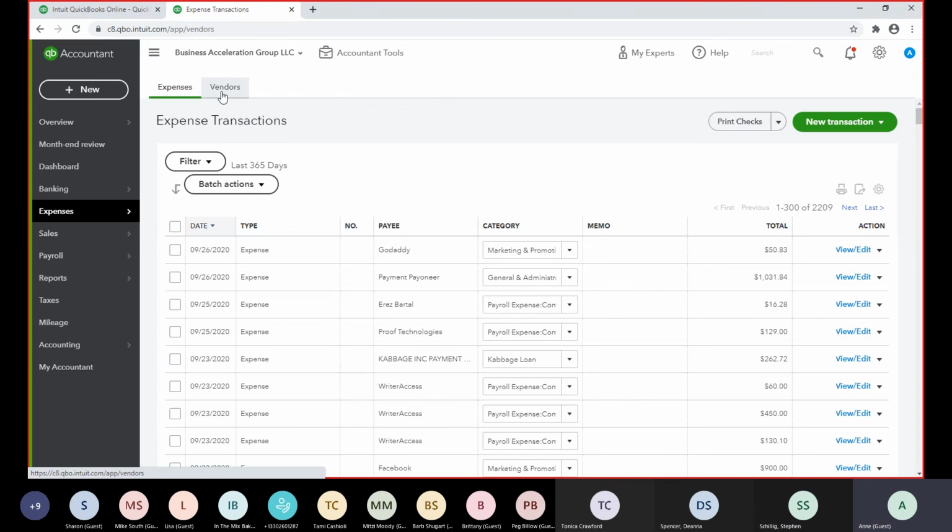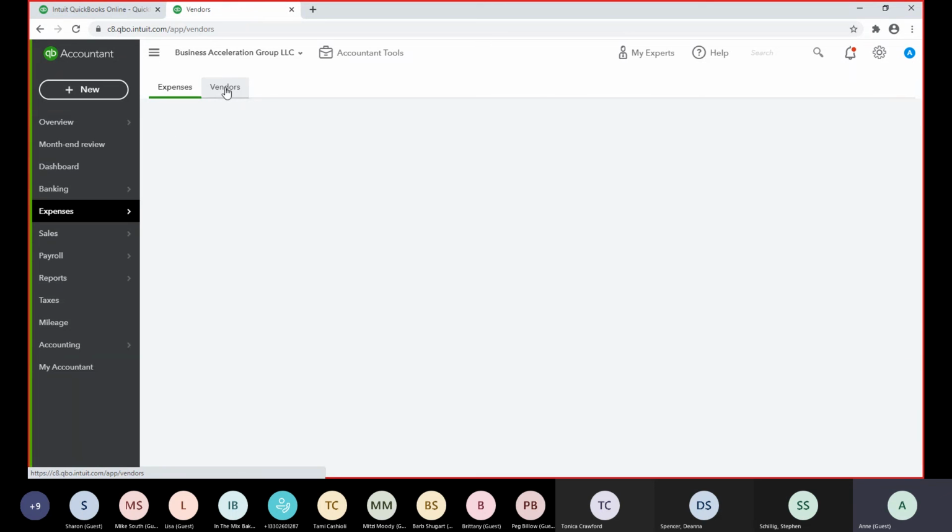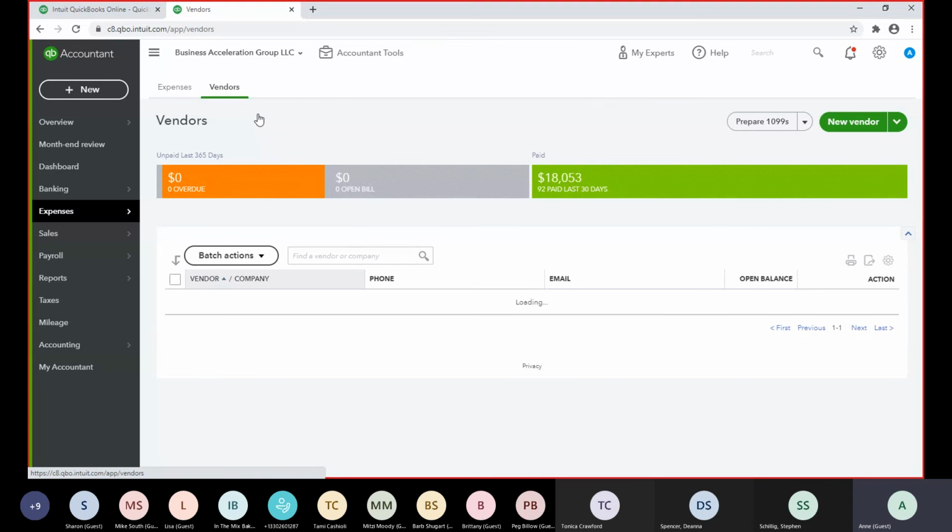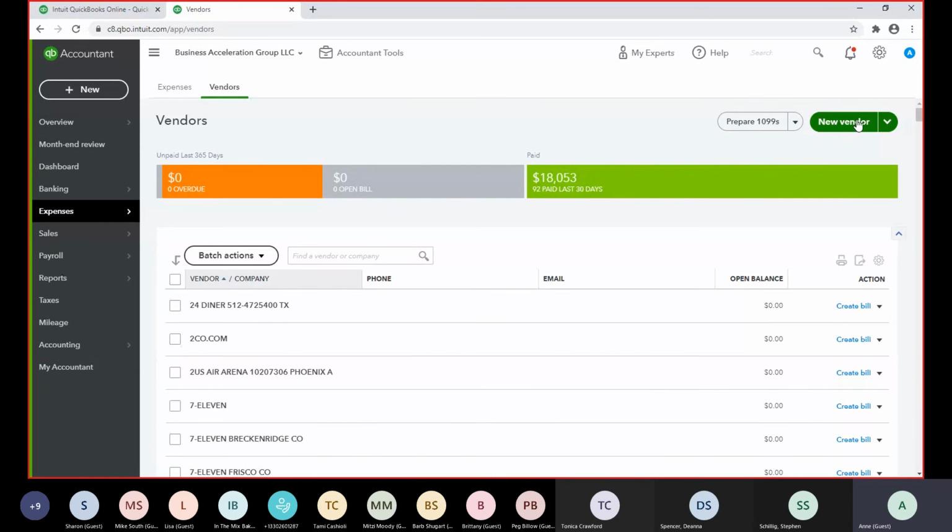And you go over to vendors, because there are going to be individual vendors for each person that's working, but the expense on the profit and loss can just show that specific person. If you create a new vendor, you need them to be listed out as individual companies or individual people doing the work, so that you can issue 1099s at the end of the year, but you don't need to